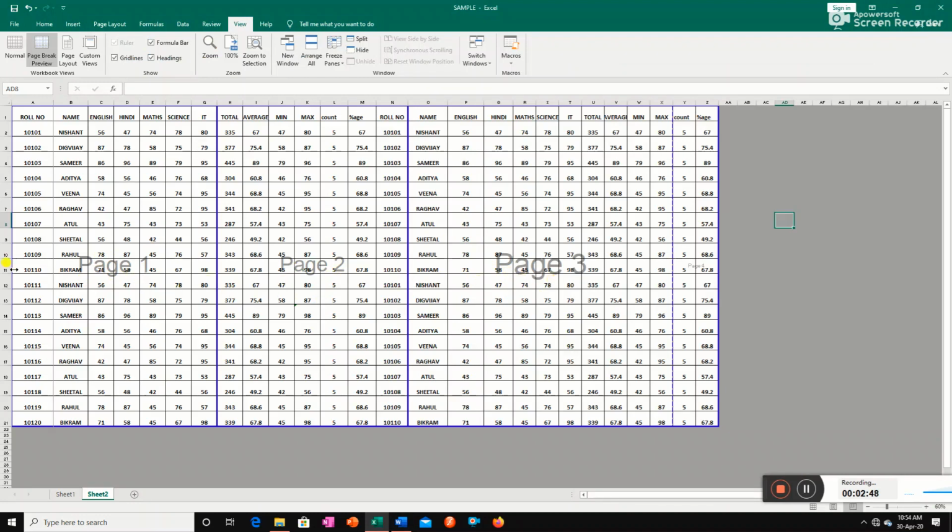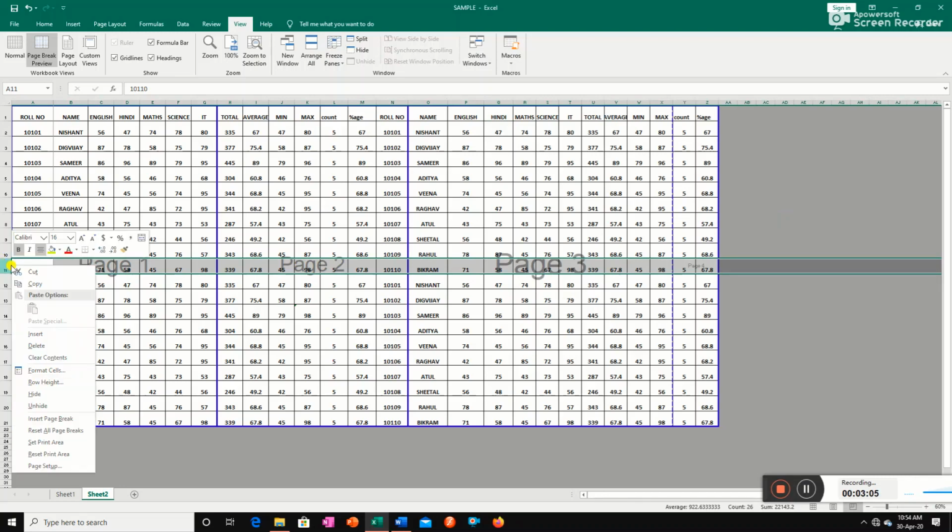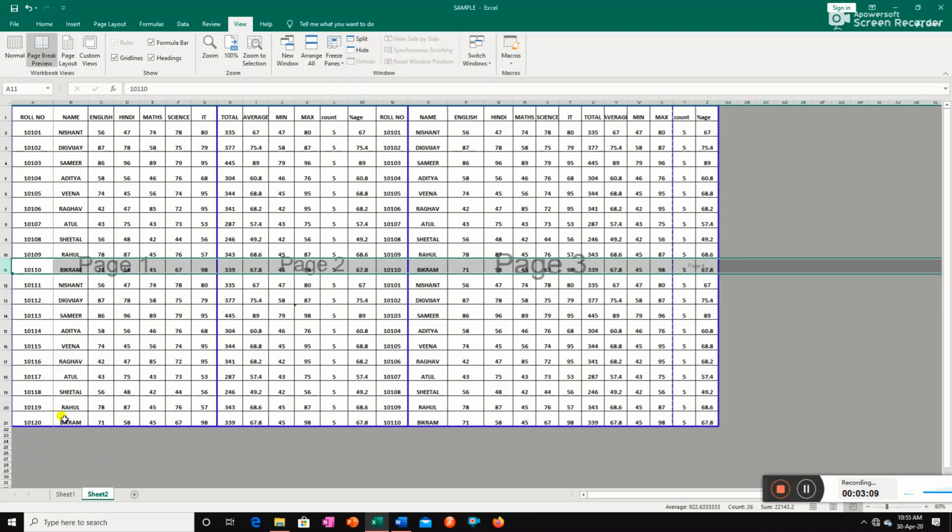Suppose you want to insert a horizontal page break, for that select the row below where the marking line will appear. Then right click on it, then select Insert Page Break. Now you will observe your worksheet is divided into 6 pages, 1, 2, 3, 4, 5, 6.